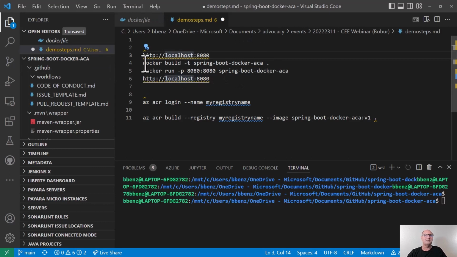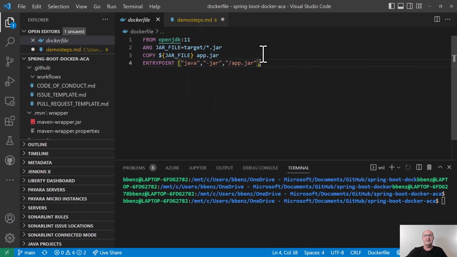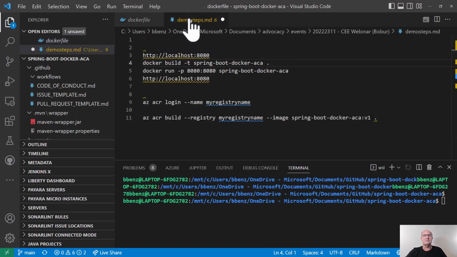So we're going to actually build this application. What I've done is I created a little Docker file. It uses OpenJDK. It has the target is any jar file we have here. And the entry point is jar app.jar. So it's going to generate a file called app.jar, and then it's going to actually run that file. So the commands we use for that are over here. We're going to build it first.